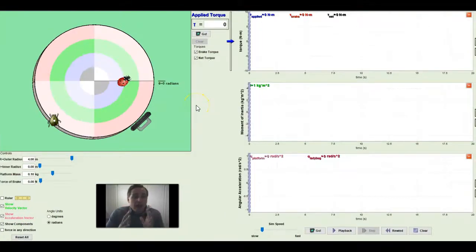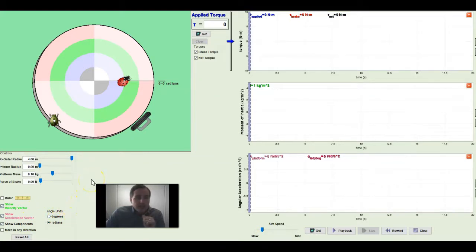So now what I have here is a turntable with the same bugs at the same radial locations, but now we're going to look at the torque and the moment of inertia and the angular acceleration. So we can change the outer radius or inner radius. We can change the platform mass. We can also apply a force on the brake. We'll show those vectors again, and the units here are going to be in radians, not in degrees,